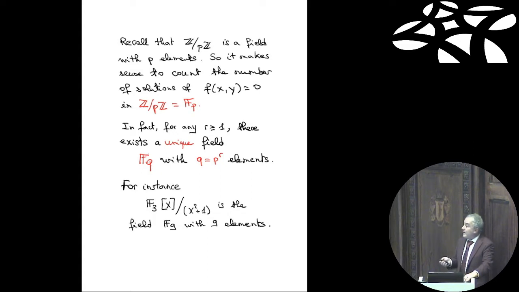There are many ways to check that, but it's a vector space of dimension 2 over the field F3. A vector space of dimension n over a field with q elements has q to the n elements. Just think in terms of a basis. If it's of dimension n, an element of this object is determined by n coefficients, and for each coefficient, you have exactly q possibilities. So you have q to the n elements.